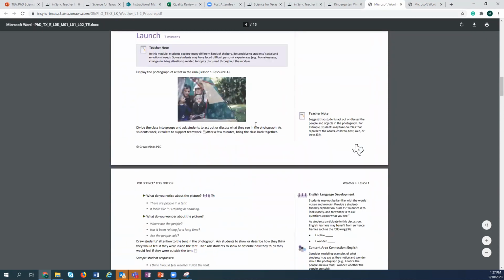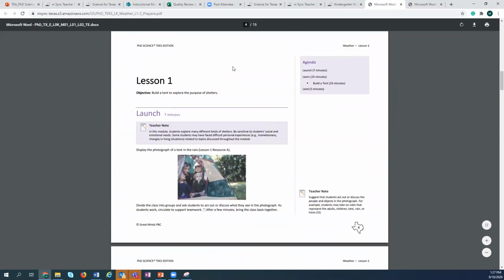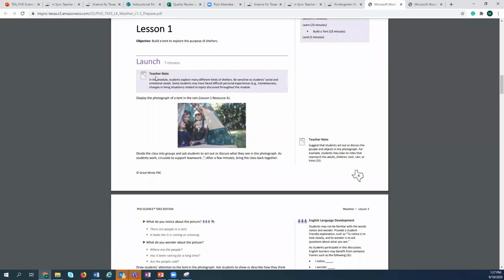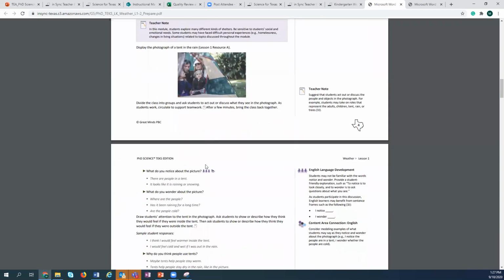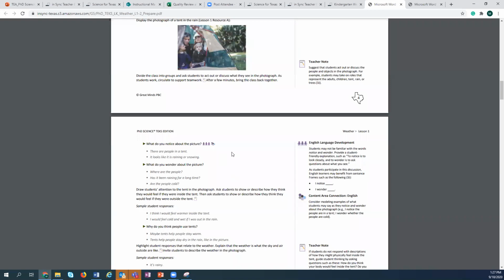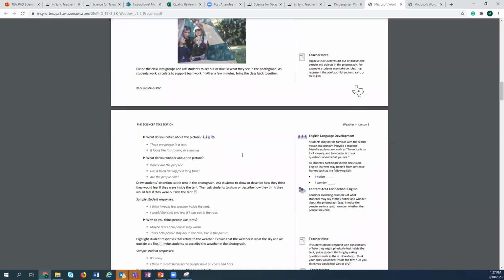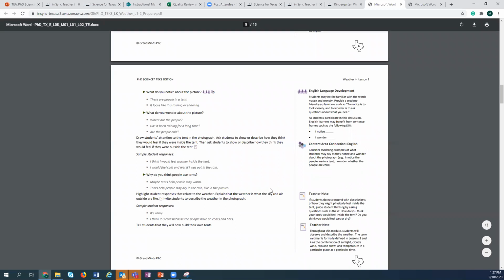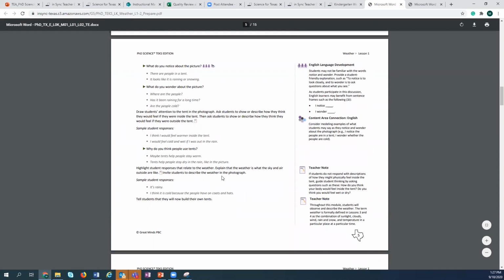and the TE. You'll notice that on the teacher edition of the lesson, there is an agenda. This is really focused on in-class instruction. I'm going to talk about how remote learning plans are built in just a moment. But there are some additional supports for teachers as notes, things to notice about students, some guiding questions to help support entry points for students, as well as recommendations to support English language development and other associated concepts to support teachers in making cross-curricular